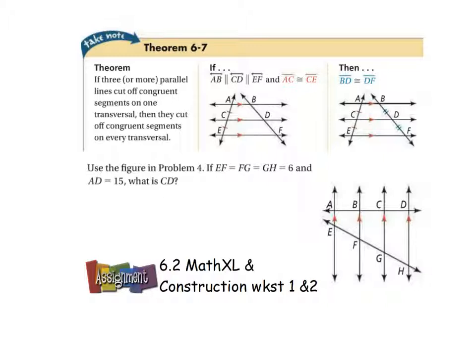All right, so if you come down here I have 4 parallel lines. And it tells me, here, let's start filling in what we know. EF and FG and GH all equal 6. This is 6. This is 6, and this is 6. Okay, so it cut it off into equal or congruent little segments. Okay, if AD is 15, what would CD equal? Well, if the